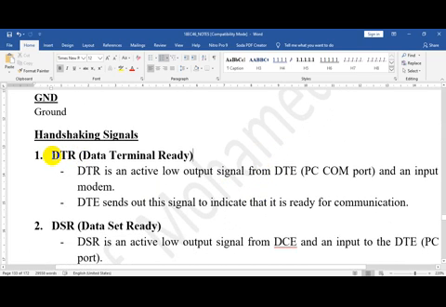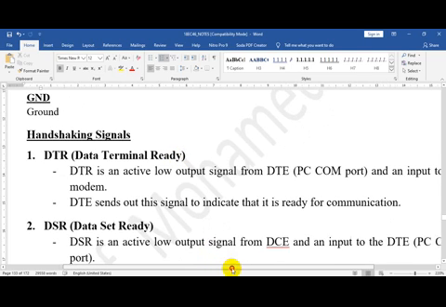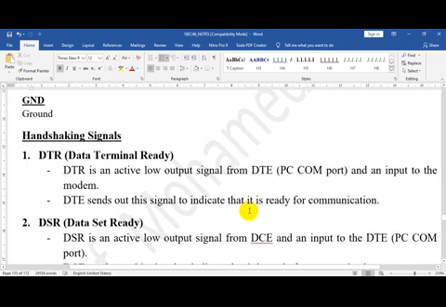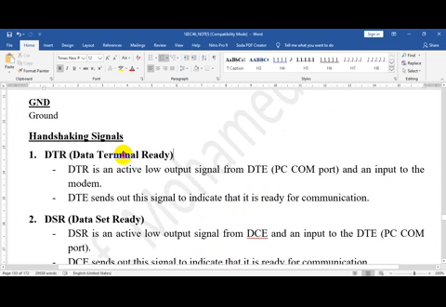The first is Data Terminal Ready. Whenever you see the word terminal, you should understand that this signal is generated by the computer. DTR is an active low signal which is sent by your PC to the device.